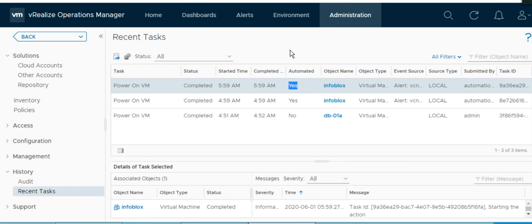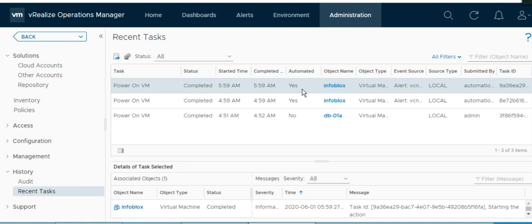It actually takes a few minutes. By default the collection time of VROPS from the vCenter is 5 minutes, so it may take up to 5 minutes to check the current state of the virtual machine and take the appropriate action according to the alert definition and the symptom definition you have created in the VROPS.